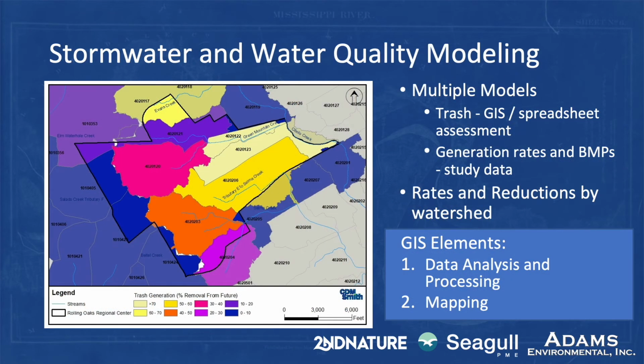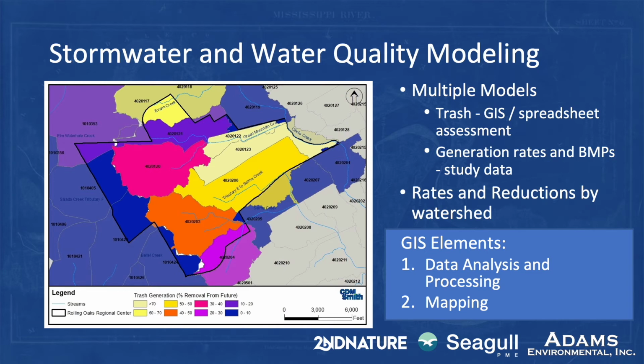The GIS data and analysis that were shown in the previous slide were used in a number of different models, including flood models, watershed pollution transport models, and a spreadsheet analysis that was done for trash. Here on this slide, I'm showing an image that represents the trash results. I selected trash because the analysis for this one was tied directly to the GIS results, so it shows the